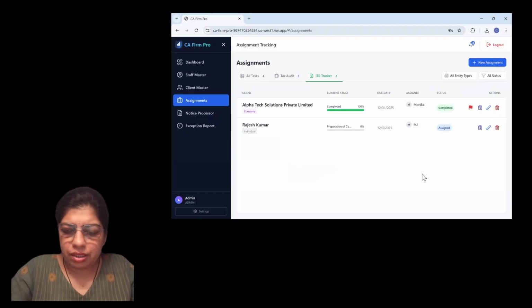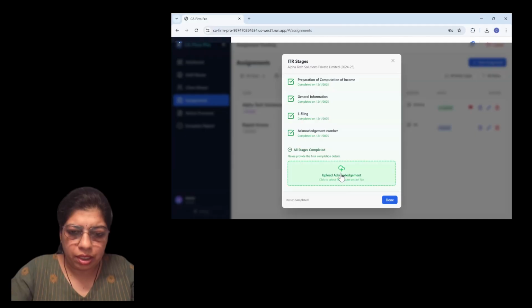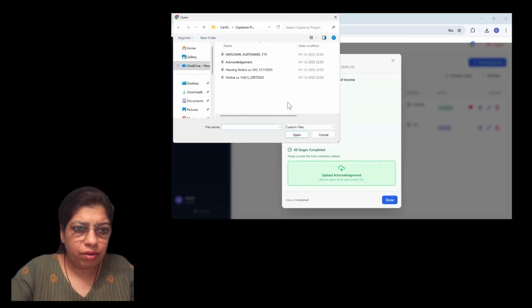Then you can see the status will change to completed, but a red flag will appear here. And why is this so? This is so because I have kept an option of upload acknowledgement. As soon as I upload an acknowledgement, the AI will read the acknowledgement and extract the data.